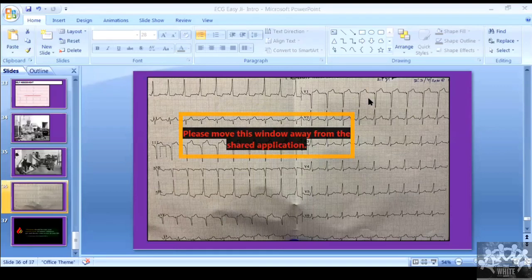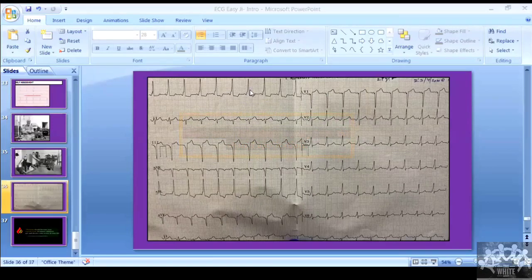So we have a delta wave here. That short PR that was there. Then there was a good delta wave that was seen. What I showed you was a delta wave. That upstroke you saw, that is called a delta wave. Yes. So it is WPW. Good. So that is WPW.